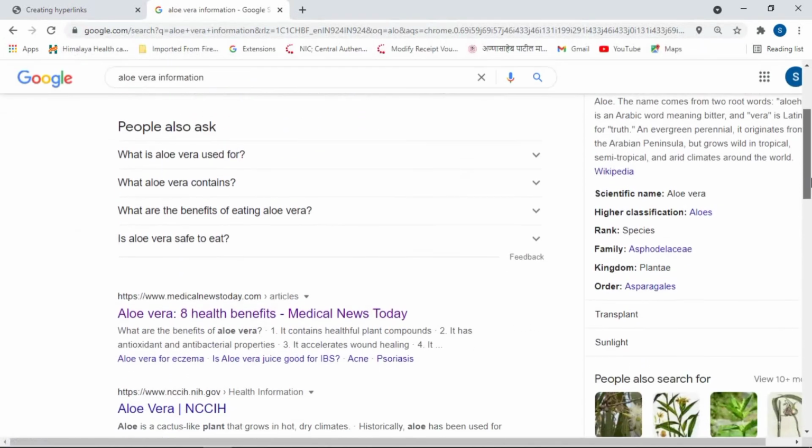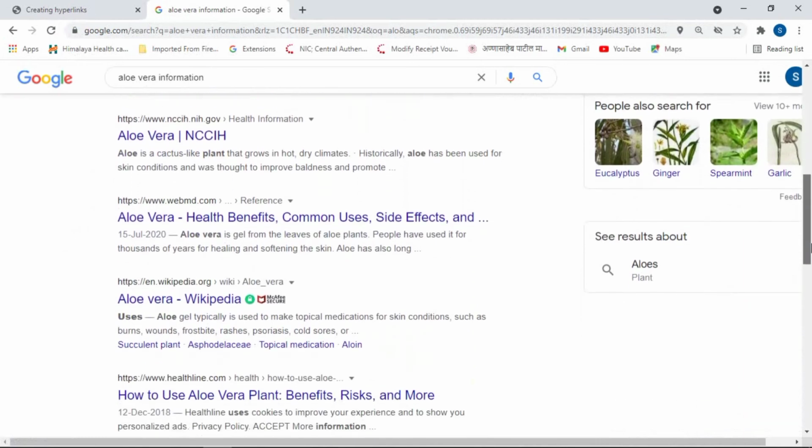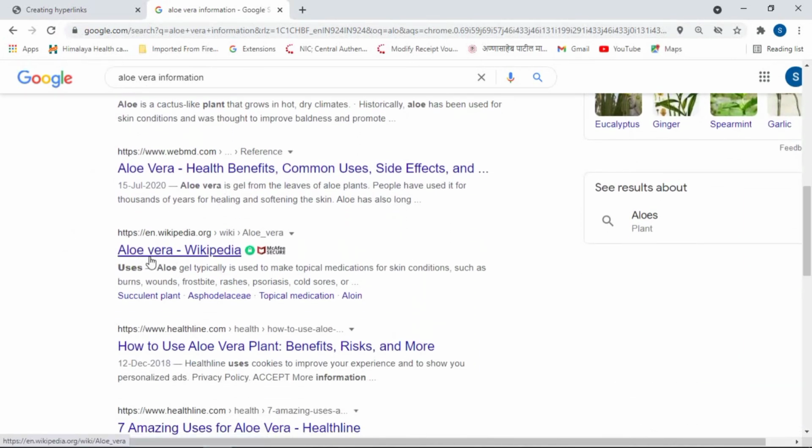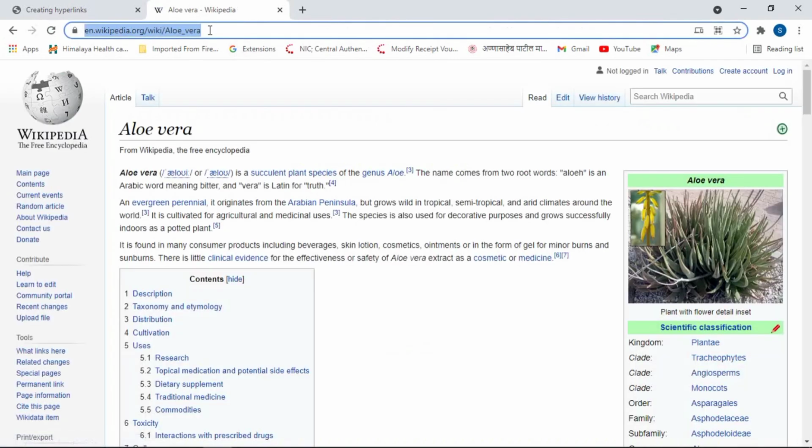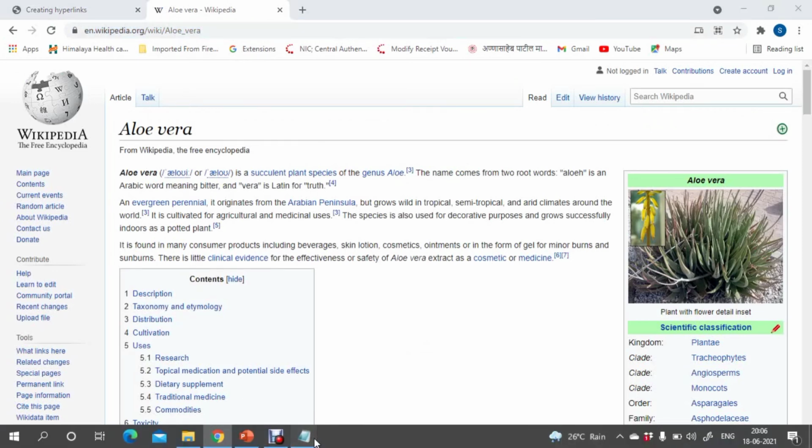If you want to provide a path of, suppose this Wikipedia site, then copy this address and you can paste here.